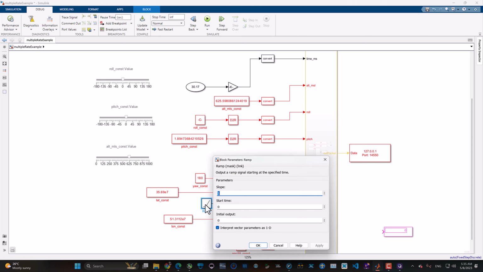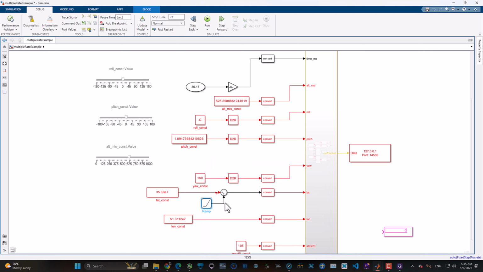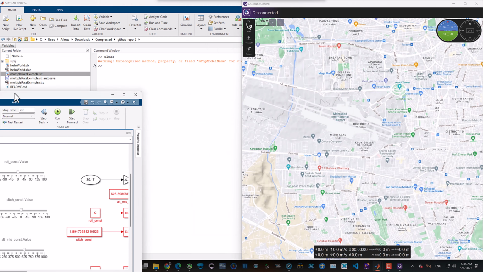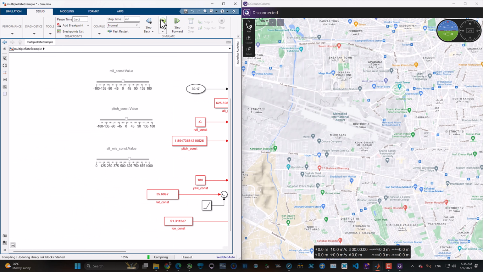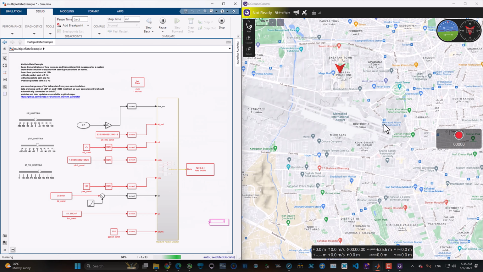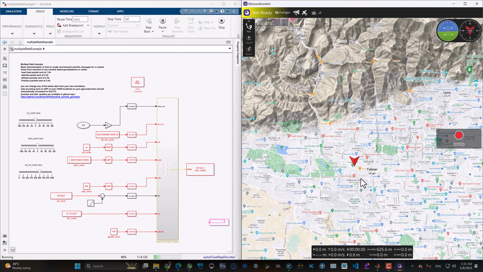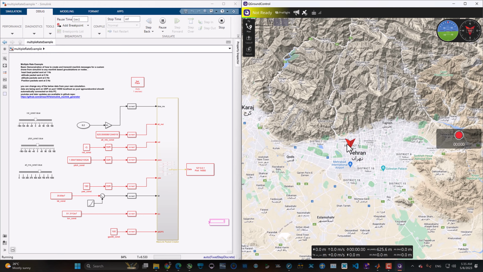In that case, our aircraft is expected to go north and the latitude increase at a constant rate. Let's put the slope on something like 1%, which means that at each second 0.01 of the latitude will be added. So our drone will look like going north. Okay, as you can see, it's going very fast to the north,